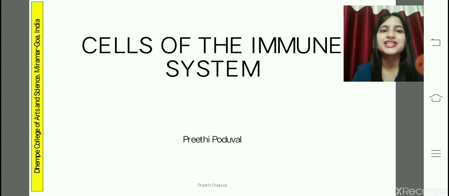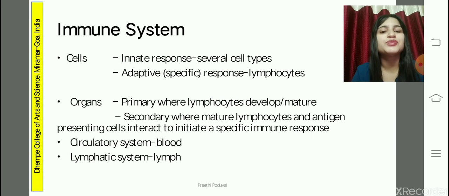So today we'll be discussing the different types of cells that are involved in the immune system. As you know, the immune system comprises the cells and the organs together performing the immunity role which protects us from diseases. Today we won't be talking about the organs because that will be explained in another video in detail. Whereas the cells are different types for the innate response, which is a response given by birth, and different for the adaptive response.